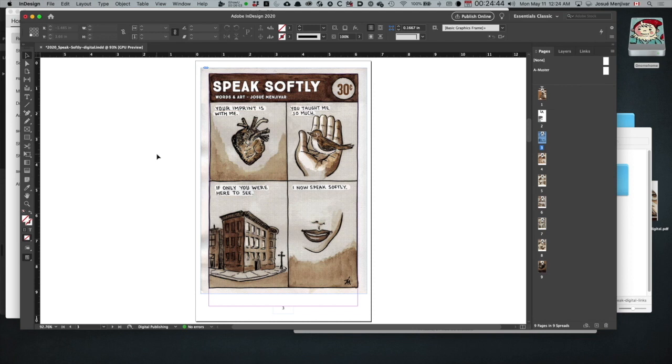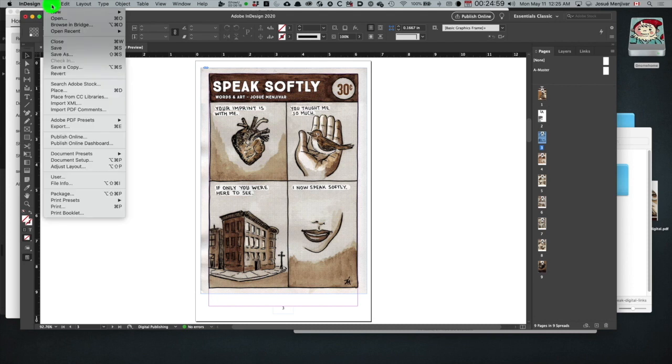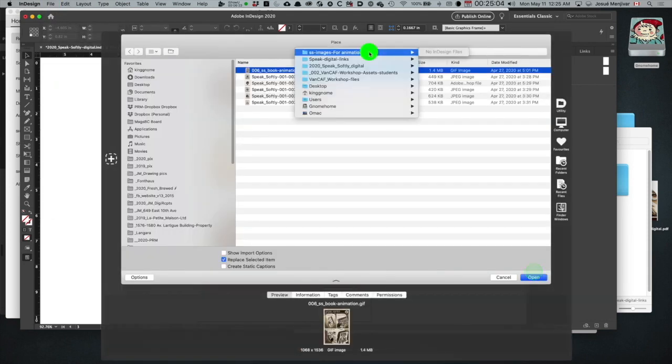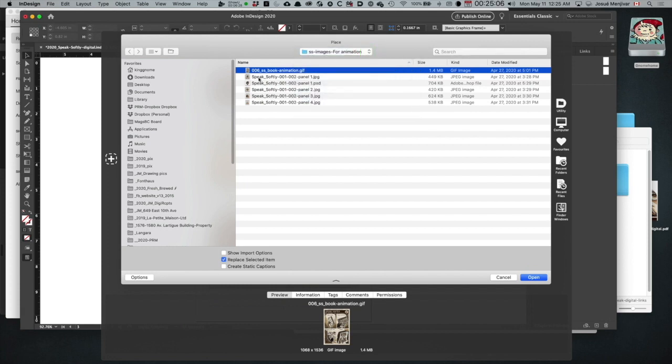We're on page 3, and we're going to add some animation to it. I won't do all of it, but what I want to show you is that we can use native animation tools in InDesign. So first of all, I'll bring in one of the animation assets. I'll go to File, Place, and then I go to my animation folder, which is here already, and I'm just going to use this